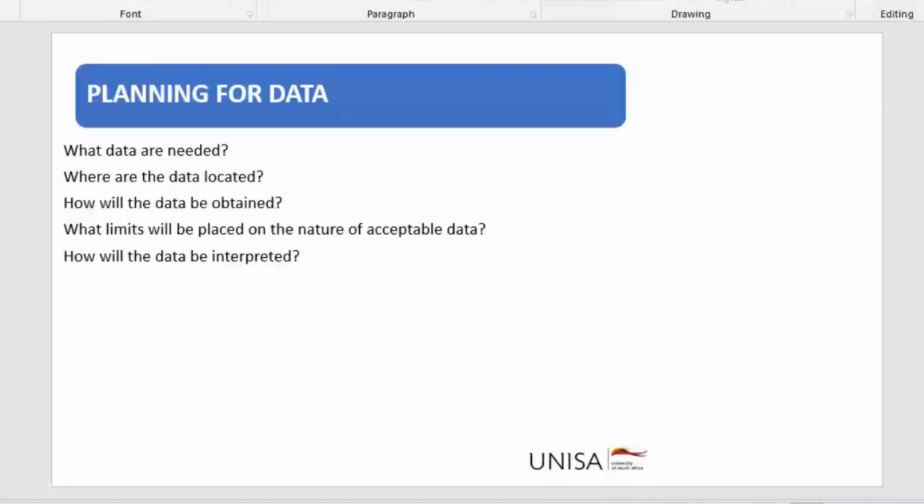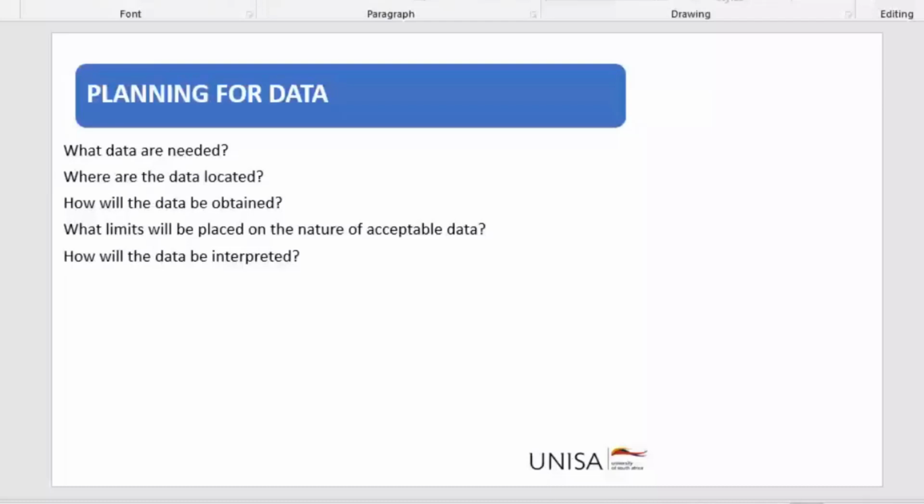So you need to be very concise when you're looking for data. Is it data for this period, that period? Is it for this distribution of your sample? You need to just sit down and say, what am I looking for? Am I looking for